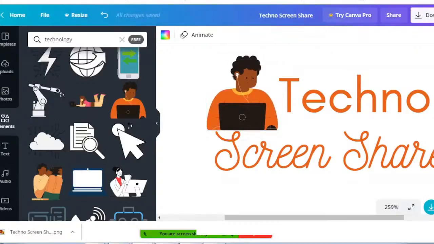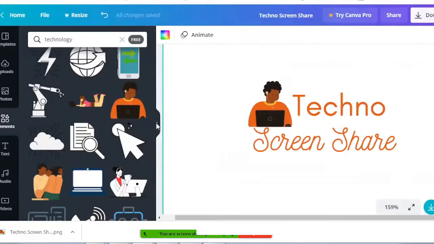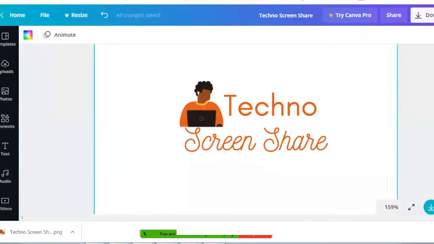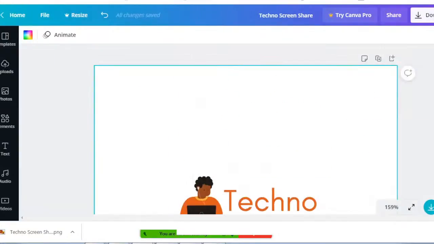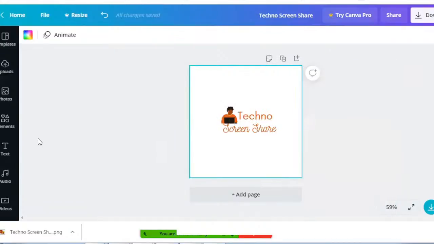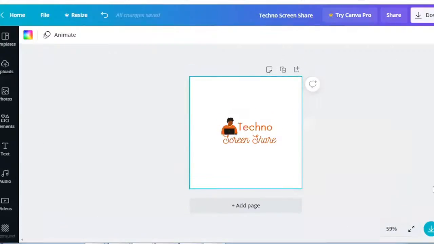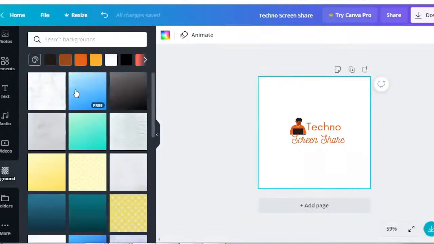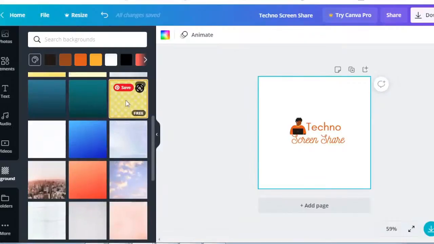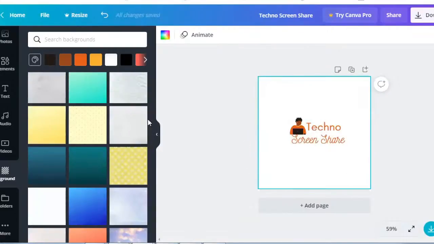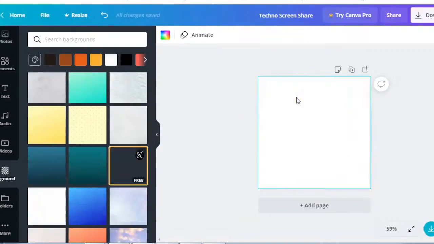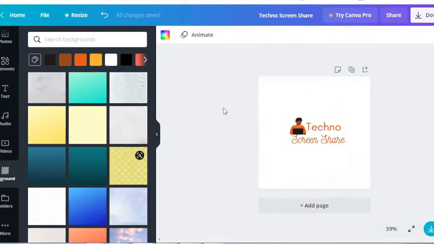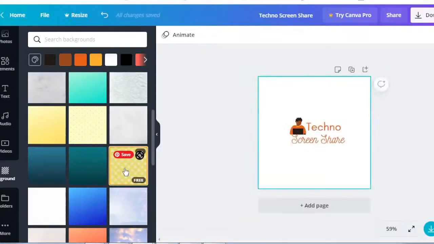Just reduce it like that. You can use these elements, and background images will be added when you click on Backgrounds. When you click on backgrounds, some more background images are added, and there are different background textures available. It takes the entire image.